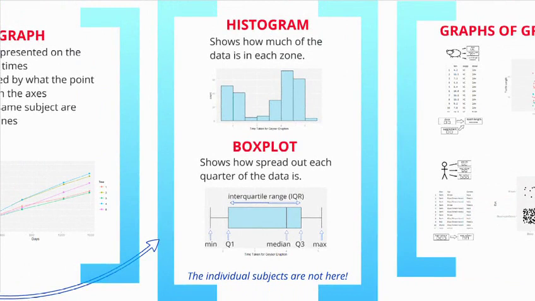The individual subjects are not on these graphs. So the scatter plot, each dot represented one of the people or guinea pigs or whatever it was in my study, but the box plot doesn't have any of the actual individual objects in my study on it. Those numbers that are in the box plot don't belong to any one guinea pig or geyser eruption, they belong to the whole set of data. And that height of that bar there doesn't belong to any one piece of data, it belongs to the whole